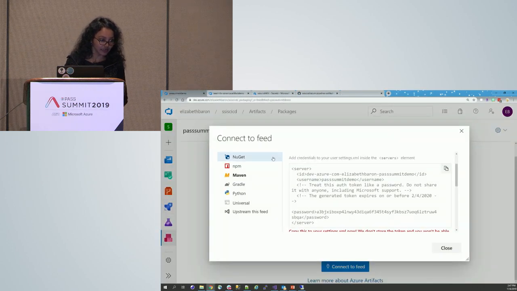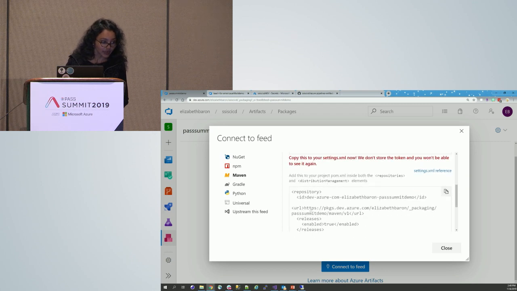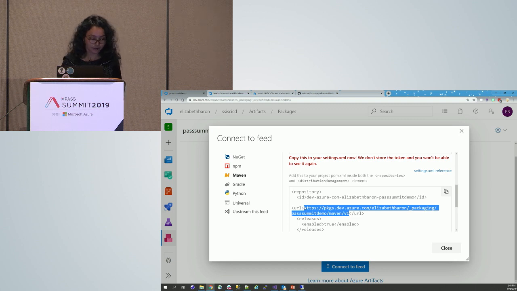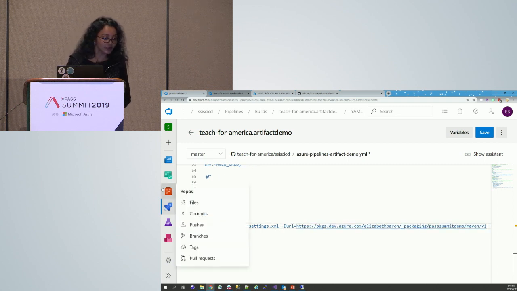Go here and you see there is a URL. Copy that whole URL. We go in this screen and replace the earlier URL that was posting to another feed with this one.